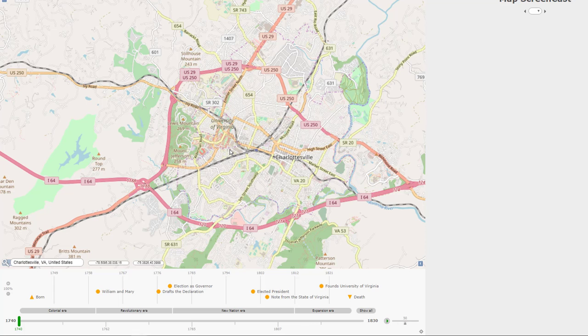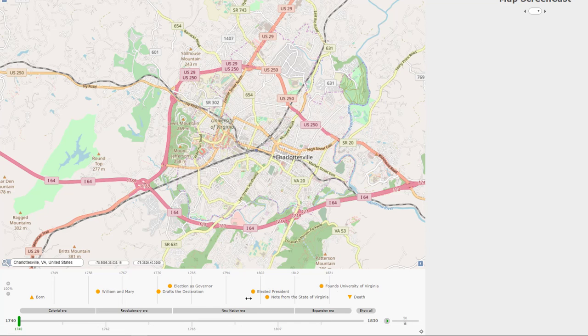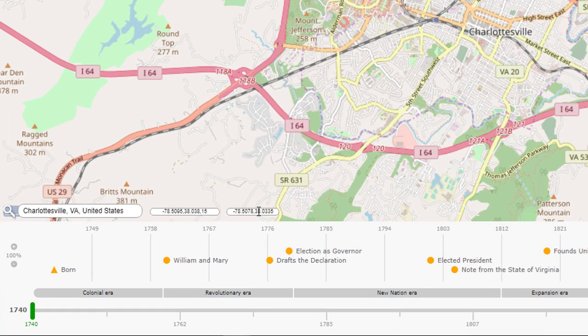Okay, now in order to place dots on the map. We've got a bunch of dots on the screen now. We talked about where he was born, William and Mary, and all these things, but now we can actually geolocate those dots. And what we do here is we find these positions on the dot. Let's say we're going to do UVA. So notice that if I click on this dot,